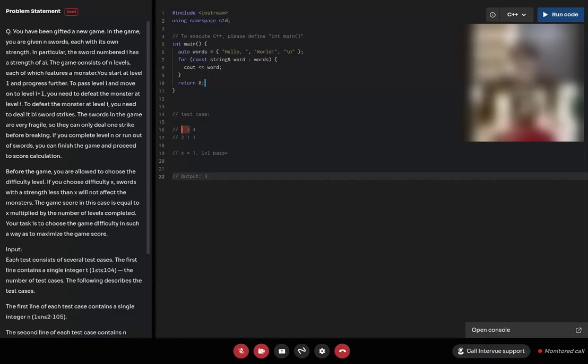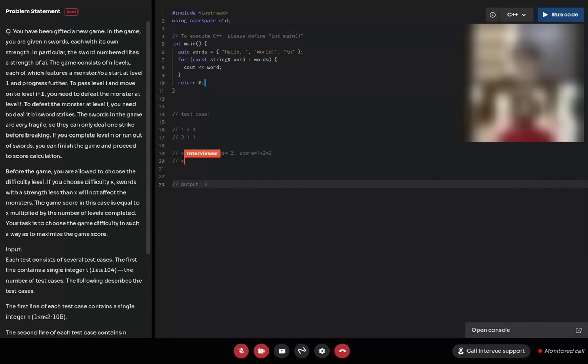So let's say one and three swords that we have are used, and then for the next level, we require one more sword. So we only have one sword left now. So that is also used until here. So all the swords are utilized by the second level itself. So the number of levels passed will be two in this case, and therefore the score that we have will be one multiplied by two, that is two.